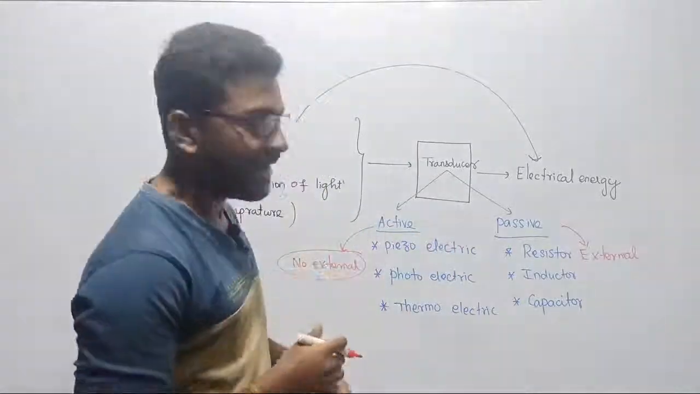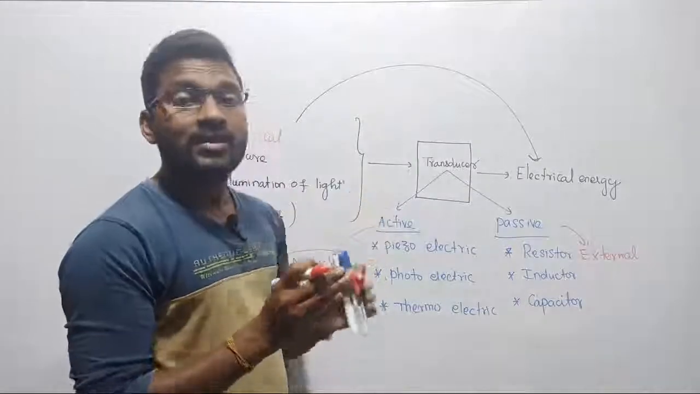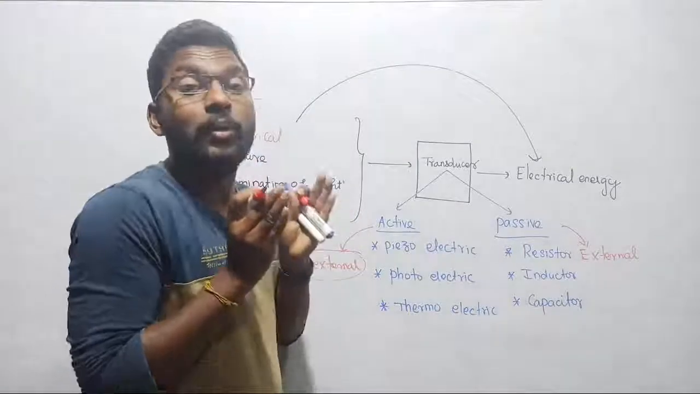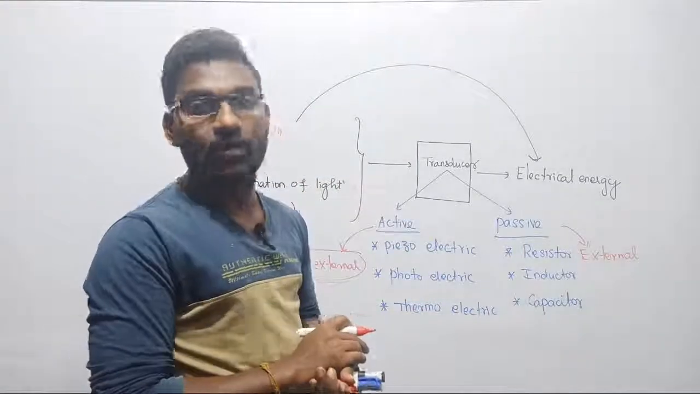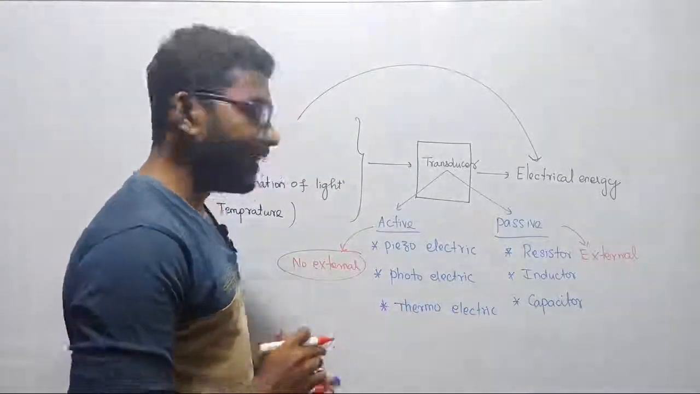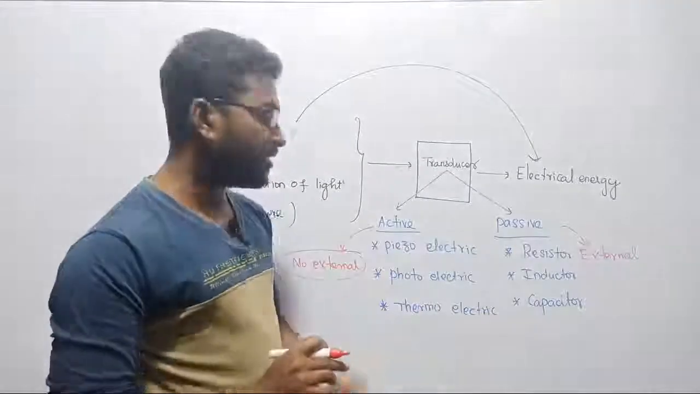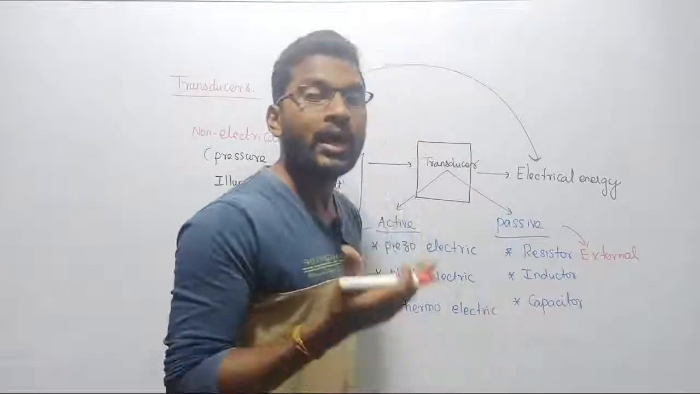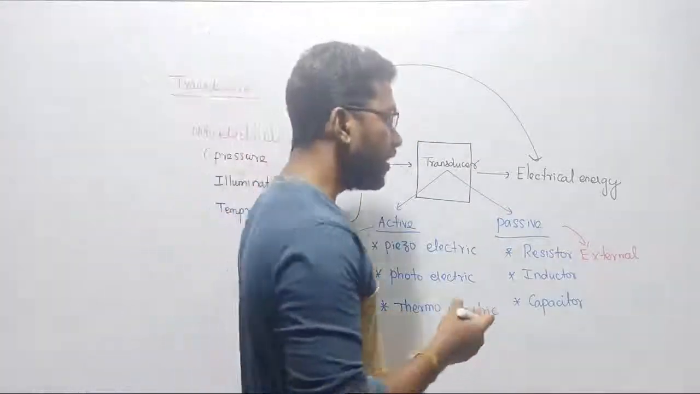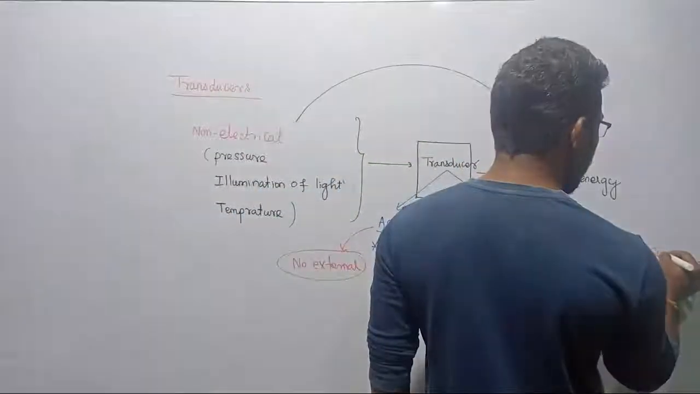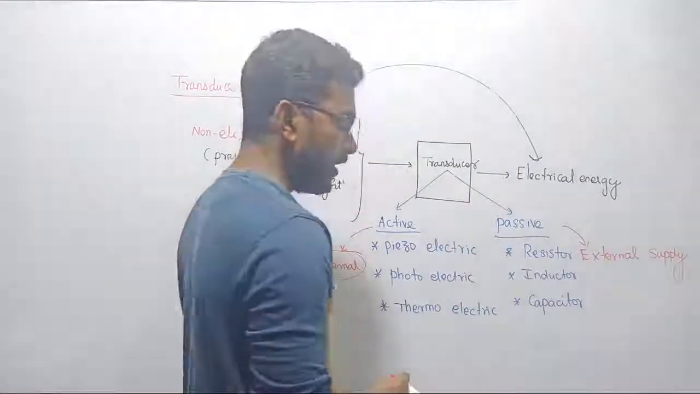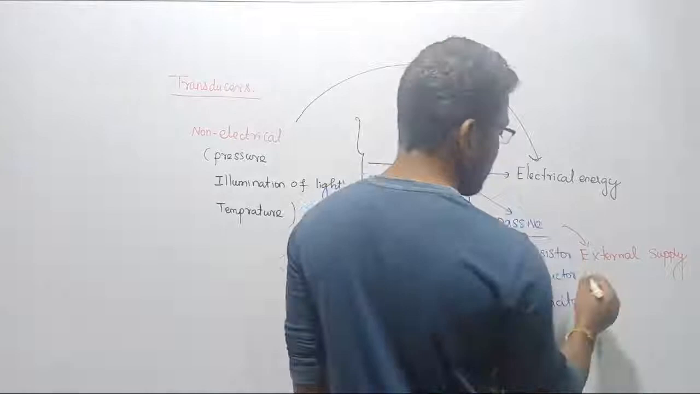Why are we calling it an active element? An active element has the ability to generate energy by itself. That is called an active supply, an active source. Whereas passive elements do not have the ability to generate energy, so an external supply is required to handle them. The best example for an inductor is the LVDT,